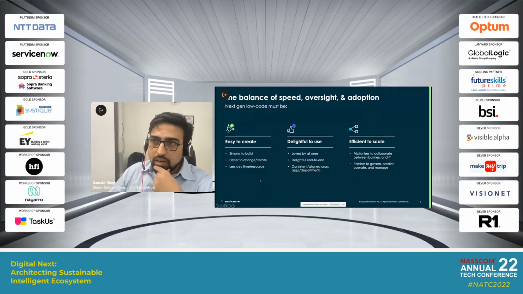So yeah, coming back, low code applications, as you know, are easy to create, delightful to use, and efficient to scale. So the ServiceNow Creator Workflow platform gives you exactly the same toolbox to do all of these things. Create applications which are simple to use, delighted and loved by users, and are frictionless to be collaborated across your